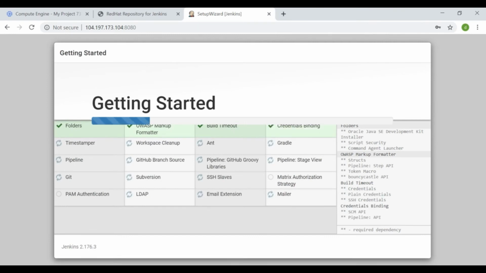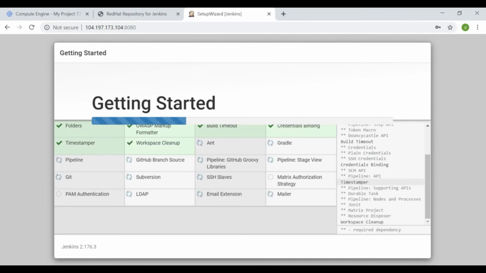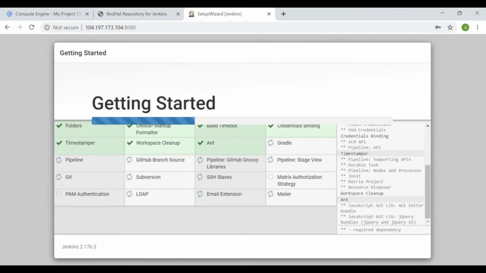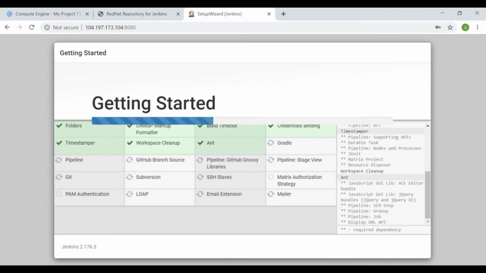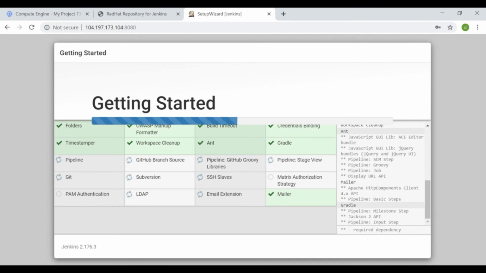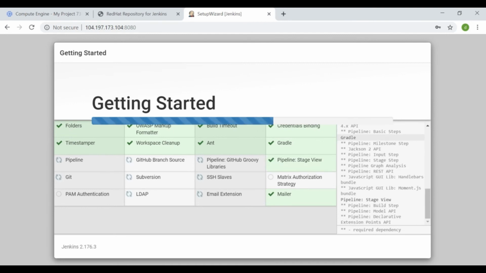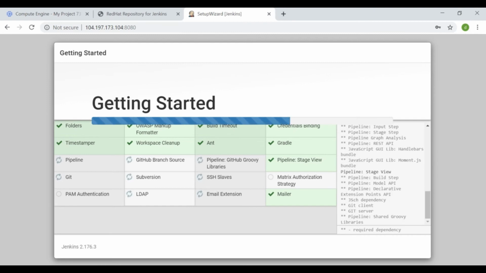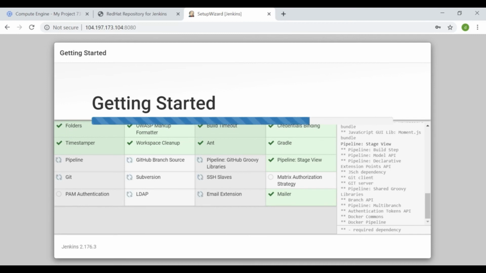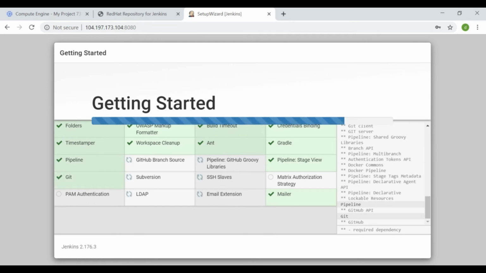So many plugins which help you to integrate with the respective tools or packages are getting installed. It may take a minute or two. Plugins are installed. If any particular plugin needs any respective dependencies, even those dependent plugins were installed. So everything will be set.